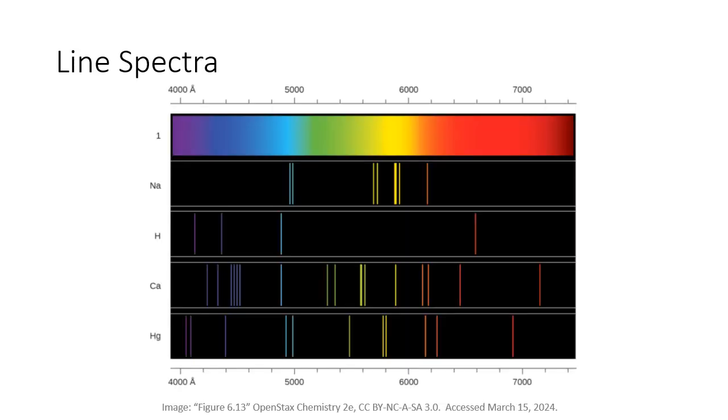So let's revisit line spectra. There are all the ones on the bottom there, starting with sodium, going to hydrogen, calcium, and mercury. These are discrete lines emitted, and they're characteristic for each element. Line spectra can be observed both by astronomers looking at stars and by people using arc lamps or flame tests. You've done a flame test in the lab, so you know there's a characteristic color emitted when you burn inorganic materials,